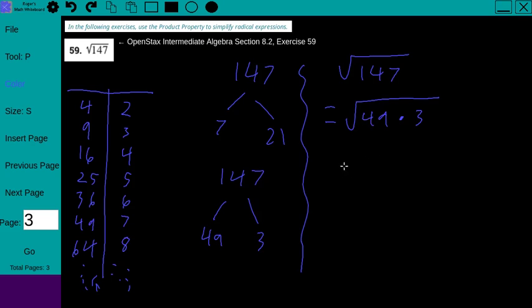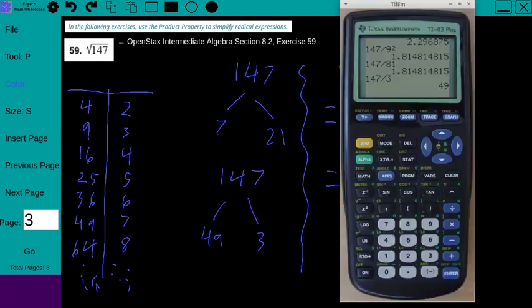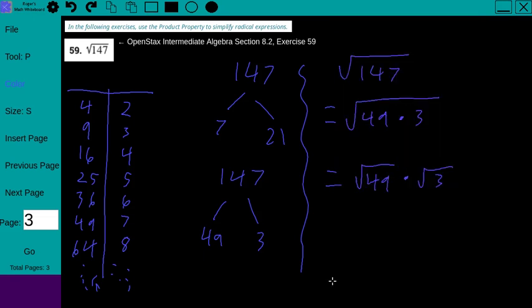So to carry on here, we can break it up as square root of 147, not 147, I keep doing that, 49 is what I mean, times the square root of 3. So this is actually a value we can get. We can just see it here. Square root of 49 is 7. So this can become 7 square root of 3